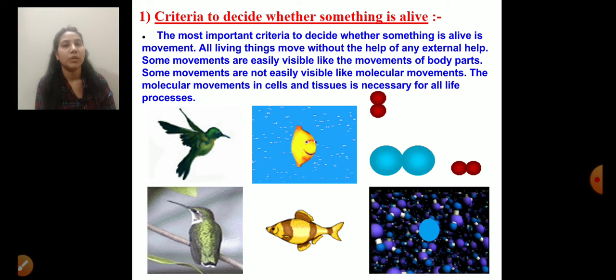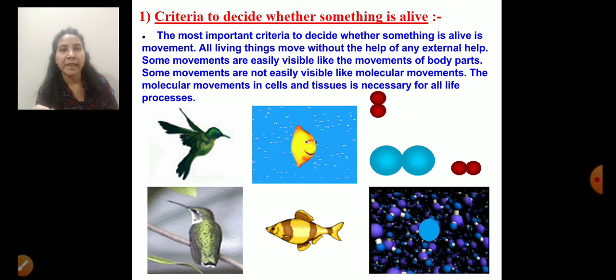So, what is the criteria to decide whether something is alive or not? In life processes, life means any organism which has the ability to sustain in a natural environment. Here I am going to explain the criteria to decide whether something is alive or not. The most important criteria to decide whether something is alive